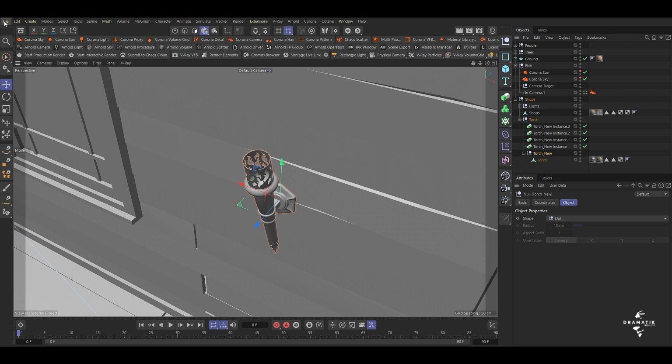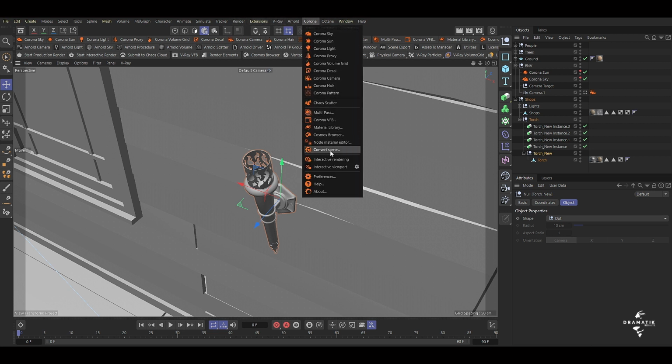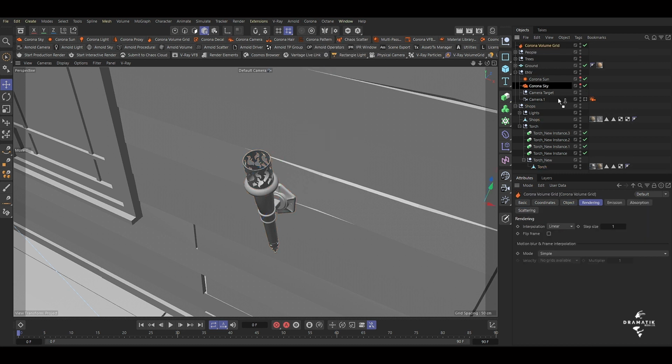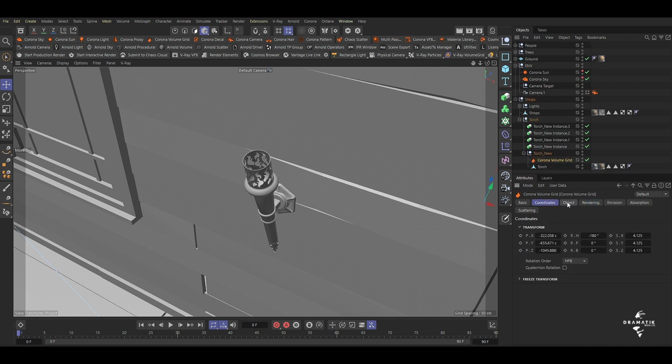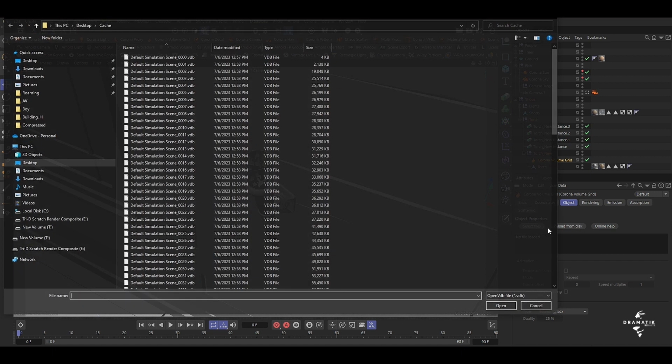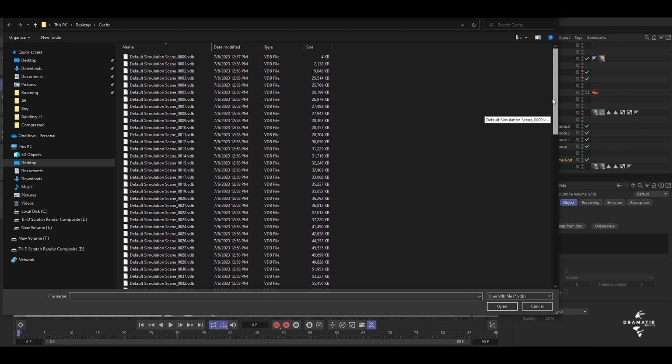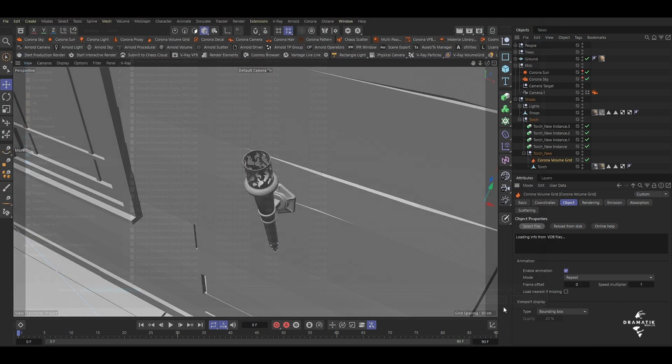So I'm gonna go to Corona and get the Corona volume grid. I'll just place this one in here, and then object, select files. I'll just select this, open,